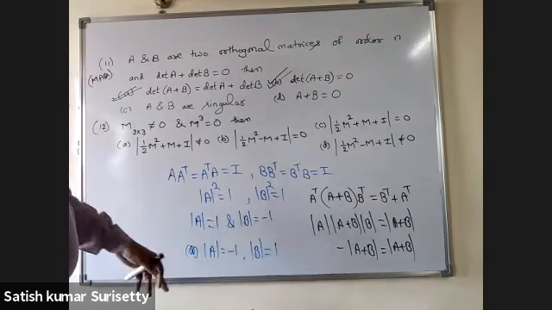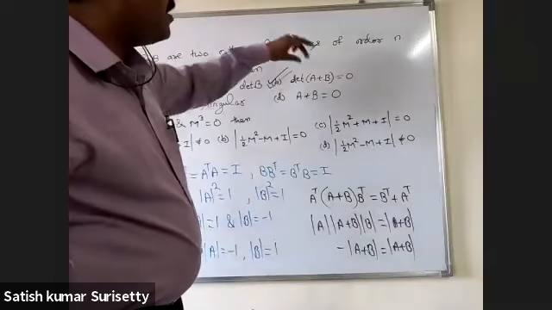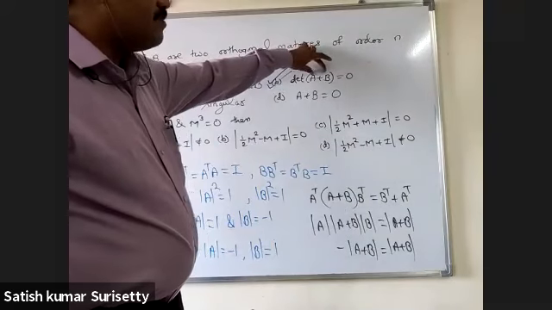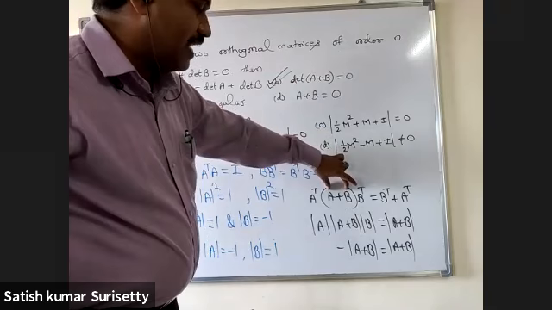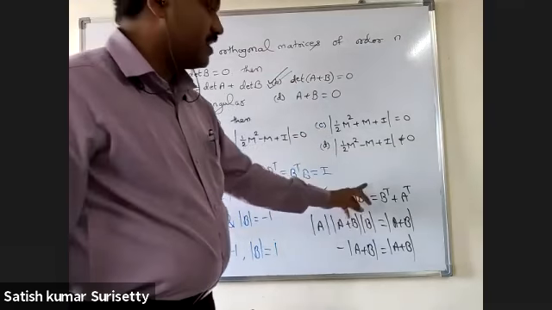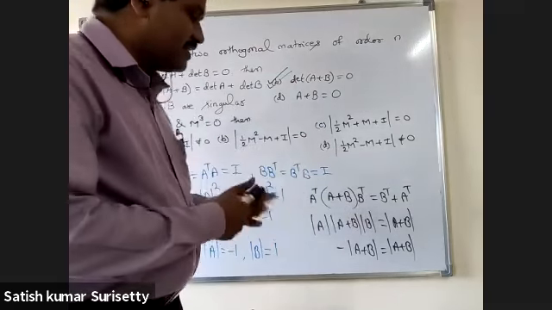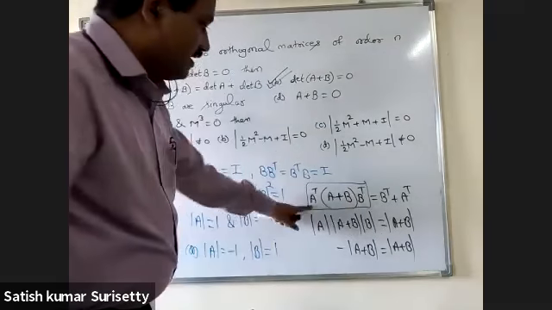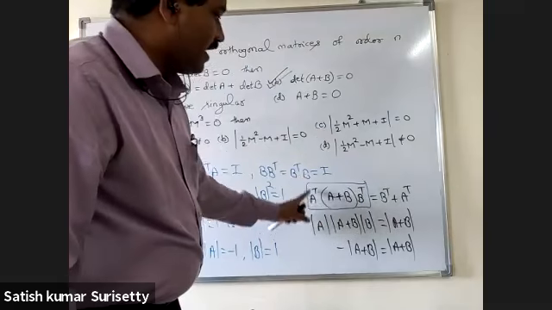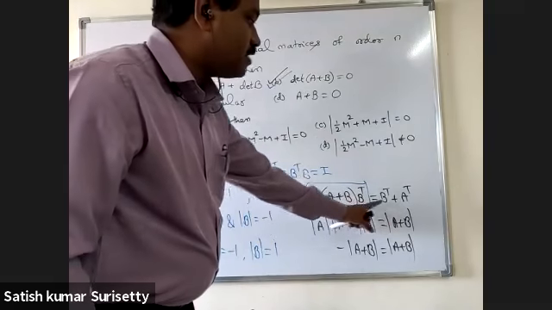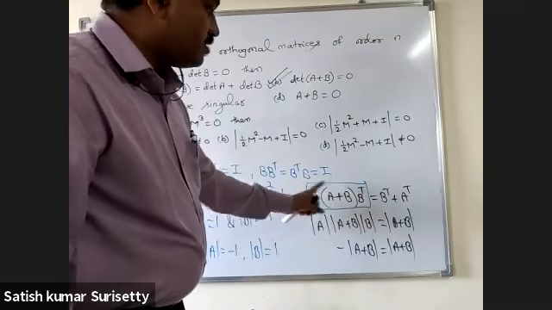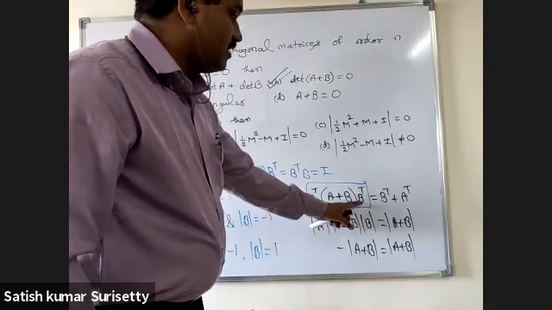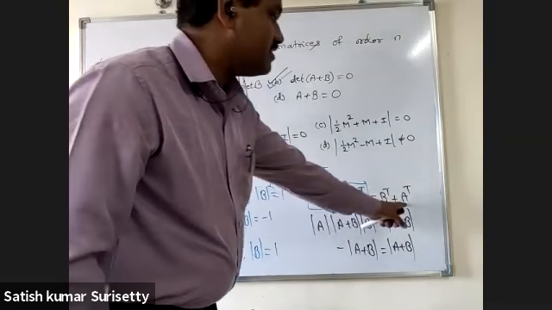Yes. Now here, because I need to calculate the A plus B determinant, I am considering the matrix A plus B along with A transpose into B transpose also. That means I am considering this directly. Now when I simplify this, A transpose A, B transpose. A transpose into A is I. I into B transpose is B transpose. Next, A transpose into B transpose. That is the same as what? A transpose into I, which is the same as A transpose.